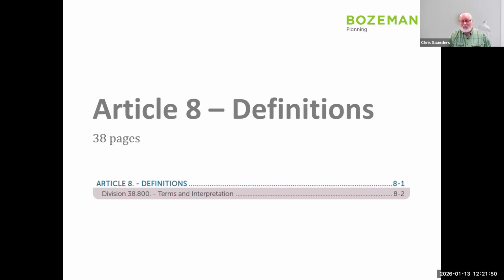Some definitions come directly from the statute. We include them here for convenience of the reader so that you don't have to go chasing to the state law all the time. That's especially true for things like floodplains, where we are required to have certain definitions included directly in our code, even though the state has already